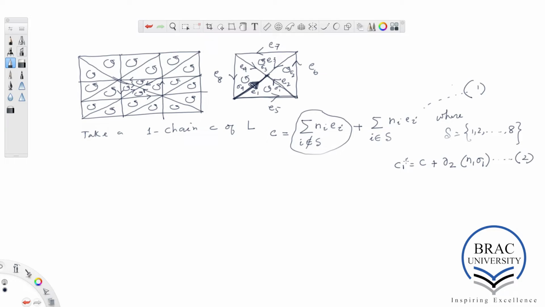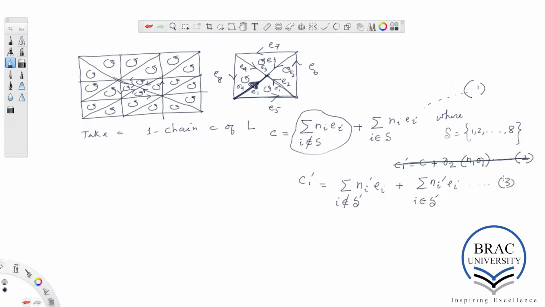I think I mistook the equation number in the notes. I need this equation. C1 prime is equal to sum of Ni prime Ei, where I is not in S prime, plus sum of Ni prime Ei, where I is in S prime. Okay, I need this one, equation number 3,